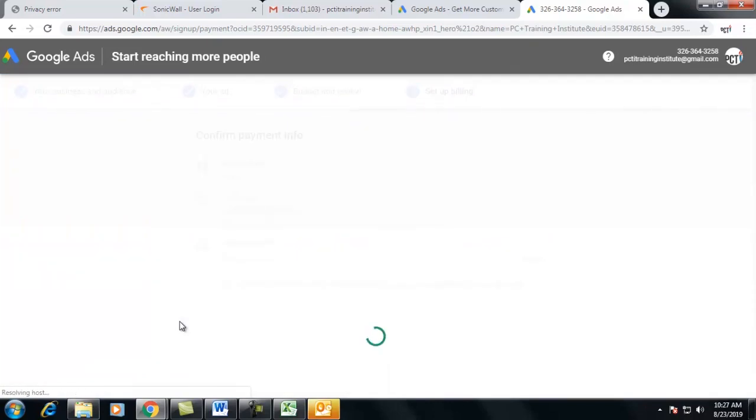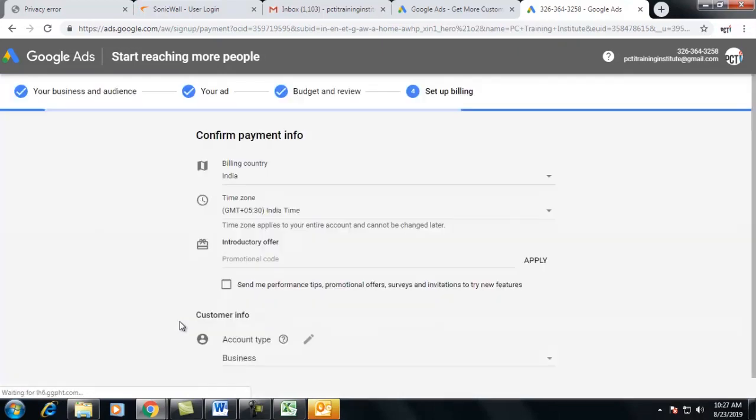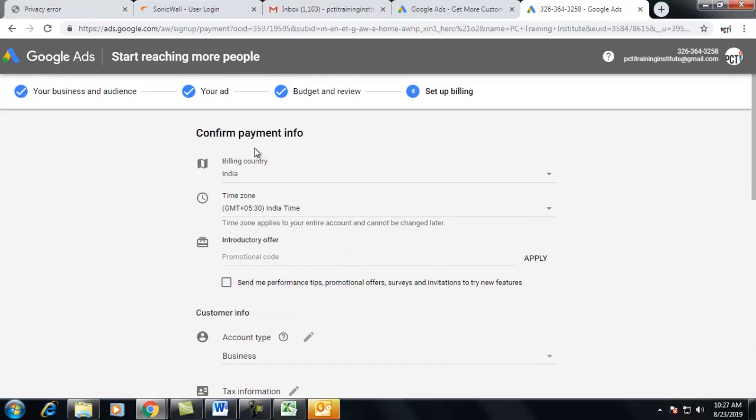Now we are at the last stage of this campaign creation process. It is asking me for some confirmation regarding the payment, that you belong to India. I have already told you that there are certain parameters that you need to set only once, and you cannot edit them again and again.